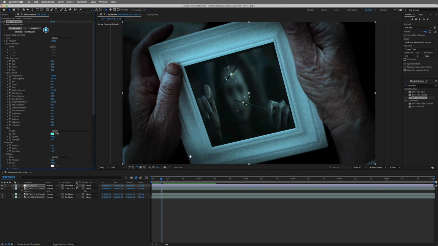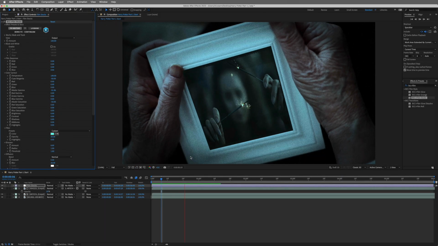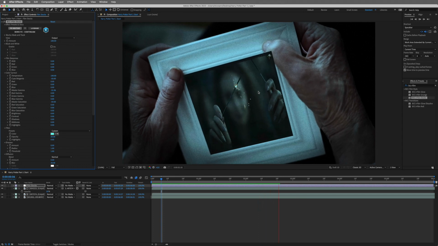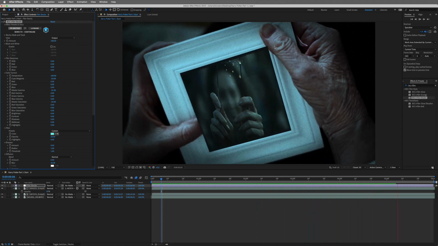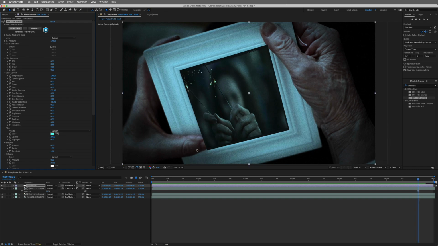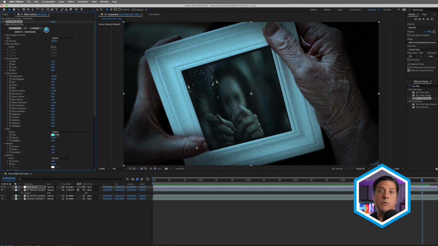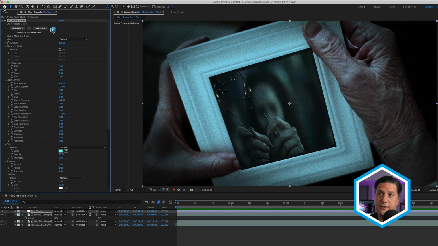Now, last but not least, heading back to After Effects, we still have the problem that the actual photograph that we're using happens to be on top of the thumbs. And in order to complete this, we need to make sure that the thumbs appear over top. Now, there are 2 ways of accomplishing this. So let me head to a new composition,